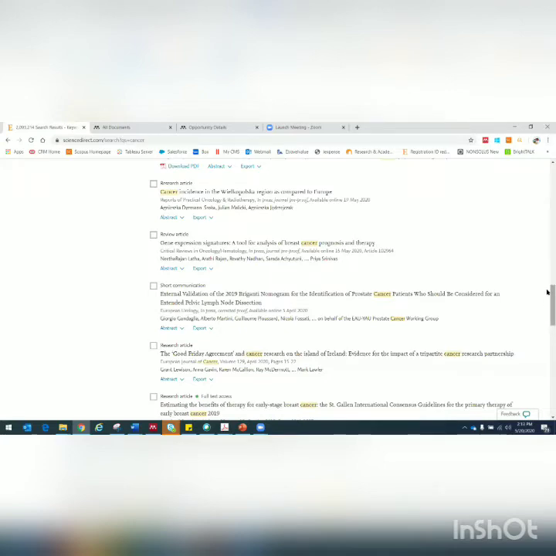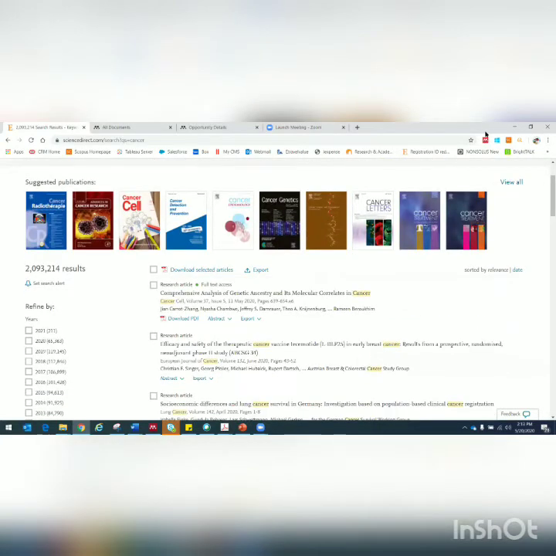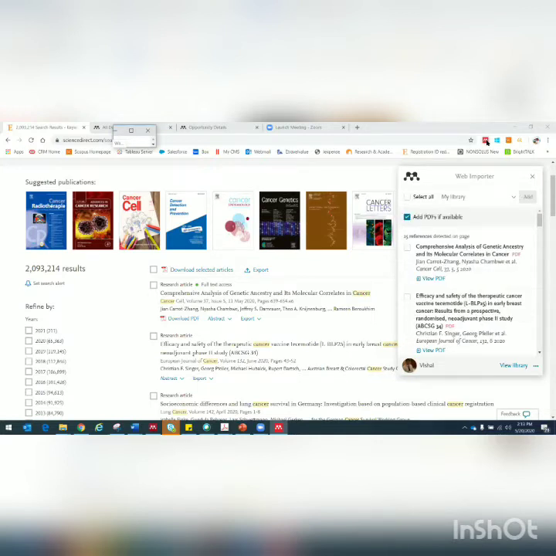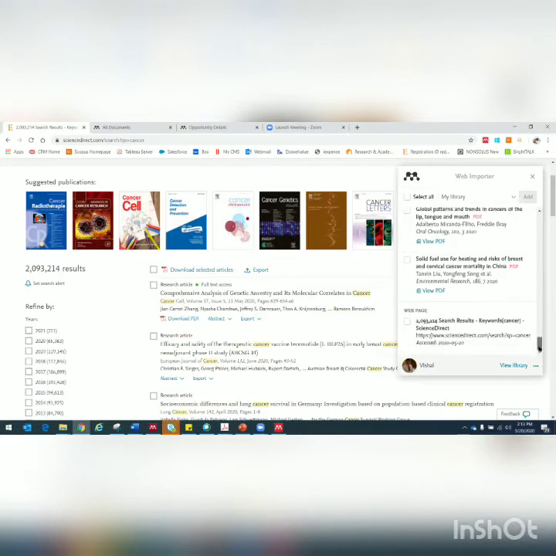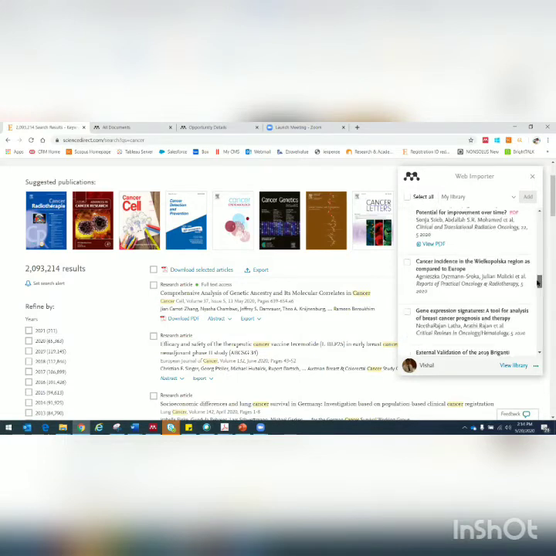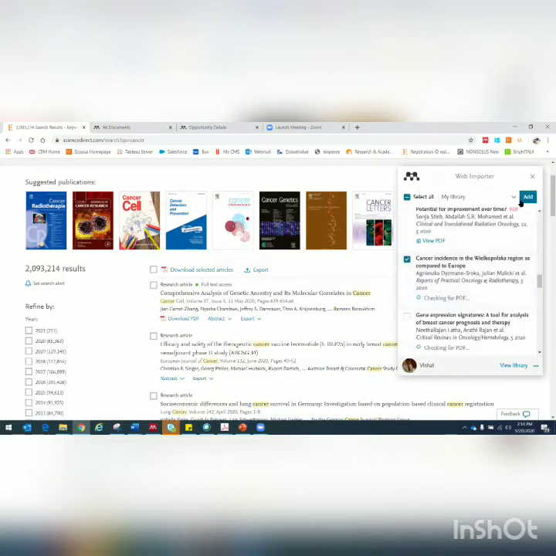So if I have Mendeley, I will simply go to this page. You see this small icon on top just beside your browser. This is the Mendeley plugin. So I click on this Mendeley plugin. It opens a side window. And now this window will have all the articles that are listed on this particular page, including the website. So if you wish to cite the website, you can still click on Mendeley and copy this reference directly to Mendeley. And it is as simple as clicking any article that you want to save and clicking add.